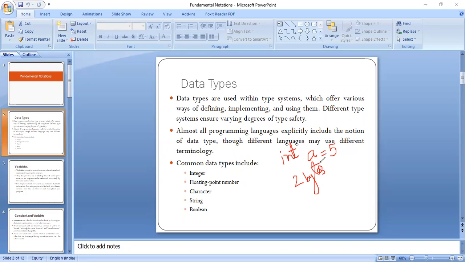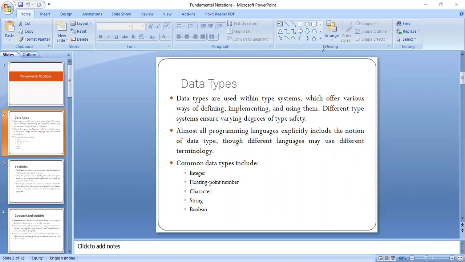Similarly, when we are working with floating values, that means decimal values such as 2.5 or 2.6, they are considered as floating numbers. If we are working with these kinds of values, the compiler will provide you 4 bytes. With characters, it will provide you 1 byte and so on. So we have a certain fixed set of bytes, the memory that is allocated for a particular data type, and we can allot the values accordingly.